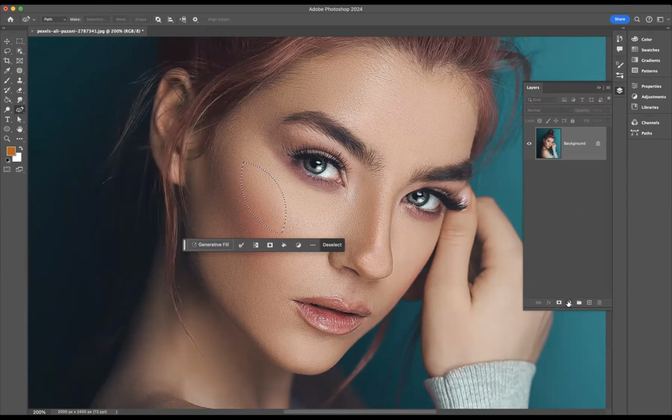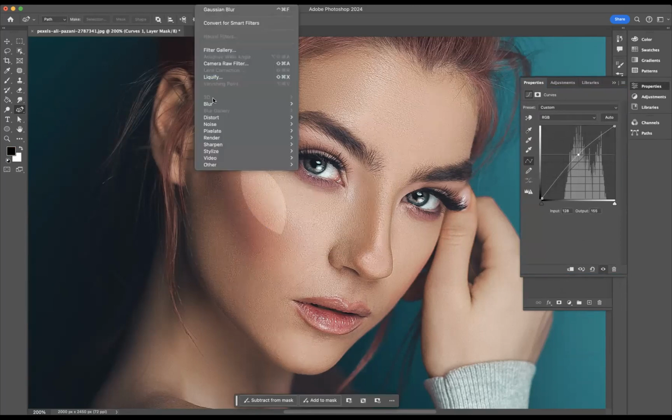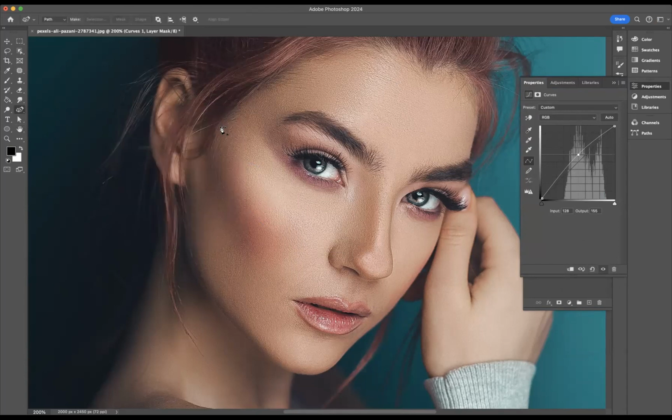Then I'm going to come to my adjustment layers here and we're going to add a curves adjustment layer. Now, all you need to do is make a point on one of these lines here and just bring it up to brighten it up like so. And then go to Filter, Blur, Gaussian Blur. Now, I like a radius of about 20. You can manipulate that down to a lower point there. But for this particular image, 20 pixels on my radius will be more than sufficient. Now, if I press OK,